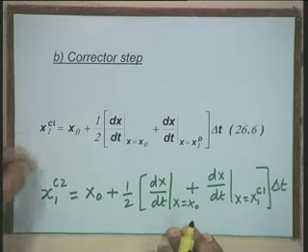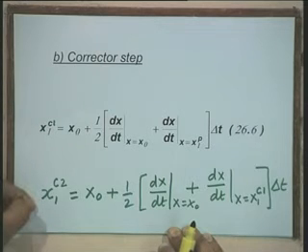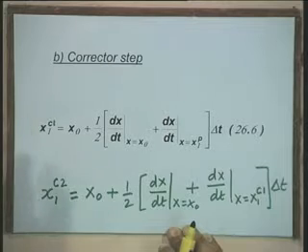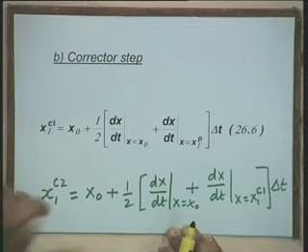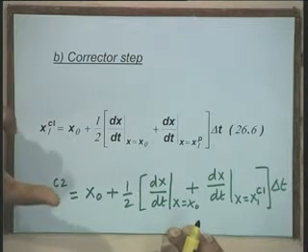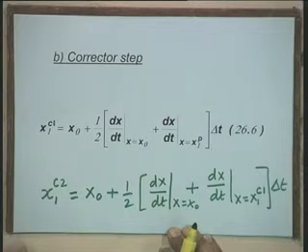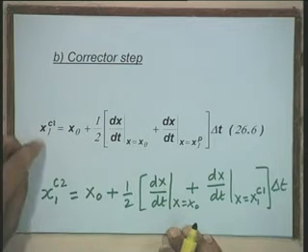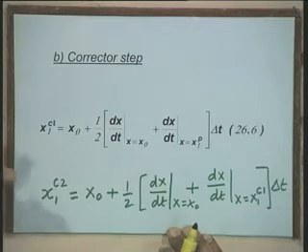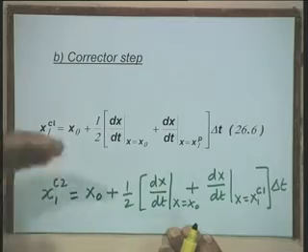Now, in case these two values are very close, you can stop here. Suppose when you find out the corrected value in the first step, then you find out the corrected value in the second step also. If these two corrected values, or two consecutive corrected values, come out to be very close, you can stop. Now, generally this second step may not be required. You can use a small time step, so that you can stop at the first correction step itself, right. But if you want to, you can go further.